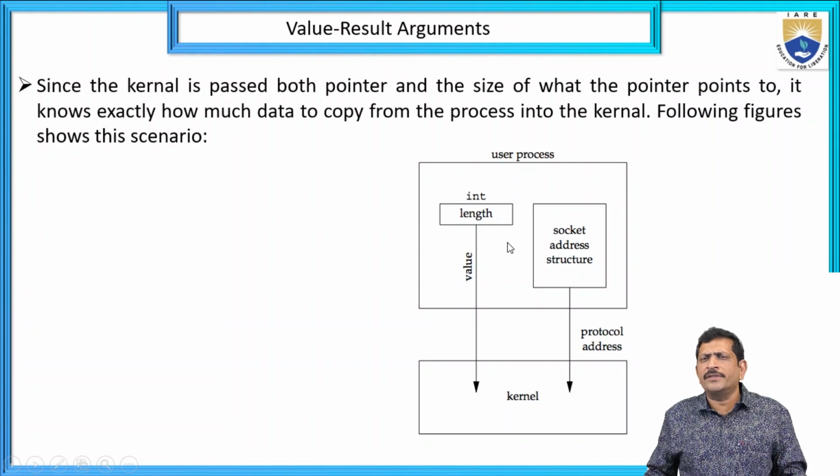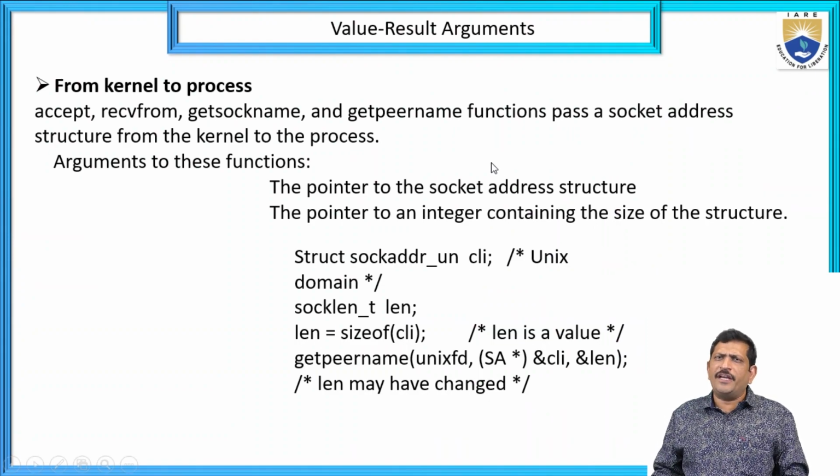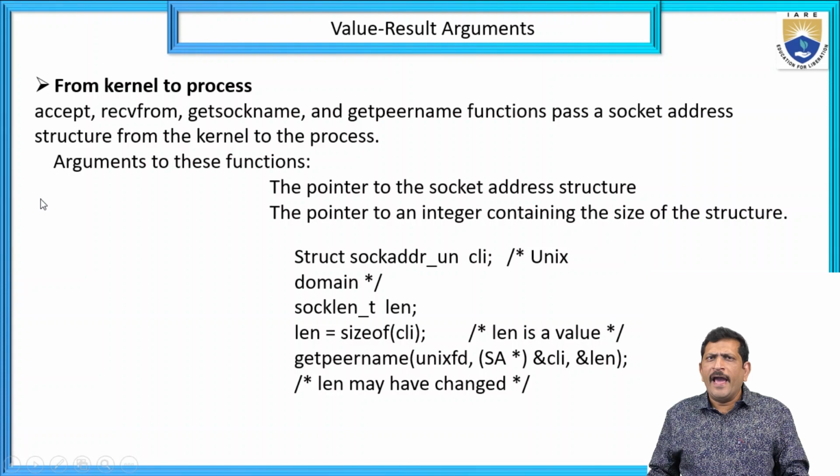In this figure we can see the length value, integer type, and socket address structure. That means data can be copied from the process to the kernel. Whatever data is present in the process can be copied to the kernel. That is process to kernel data transfer, and now kernel to process data transfer. Here the accept, recvfrom, getsockname, and getpeername functions